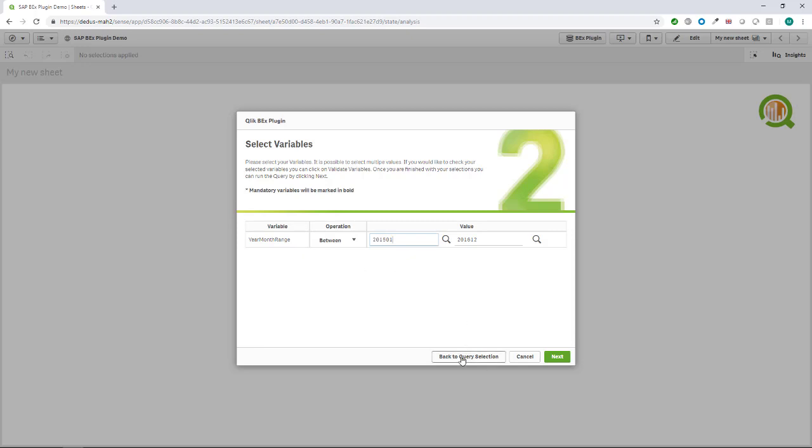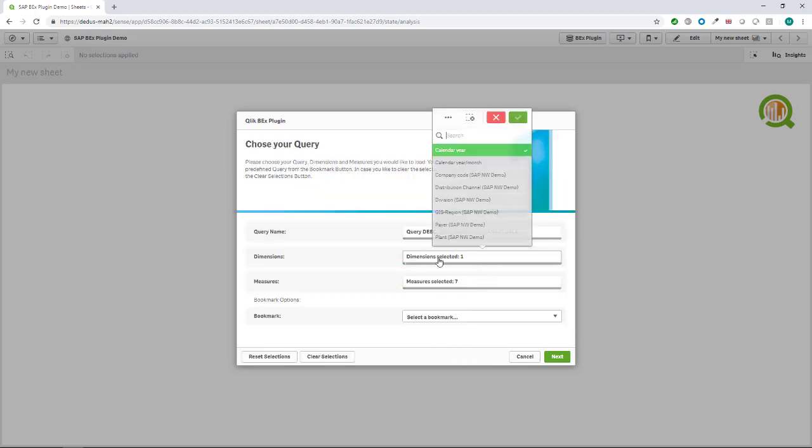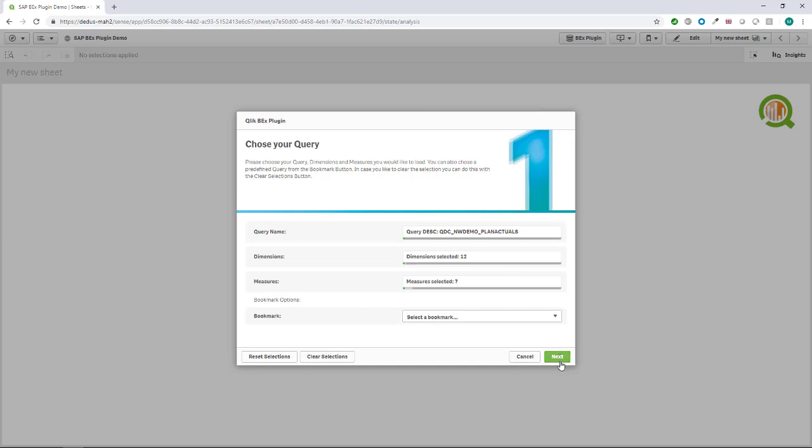We can also go back to the query selection and say, okay, we additionally want to have the company code, distribution channel, division. We want to have plant, maybe some regional information, products, product categories, product groups, sales organization information is also nice, and the customer, which might be valuable information for us. So again, click on next,